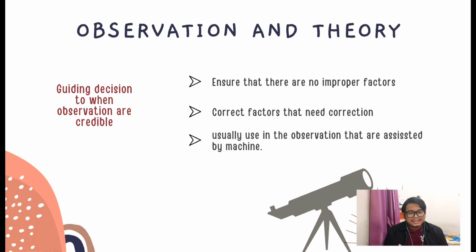Next is to describe whether what is observed has significant theoretical influence. So this is a little bit complicated, though not too complicated to explain, but I will explain to you. So it means that